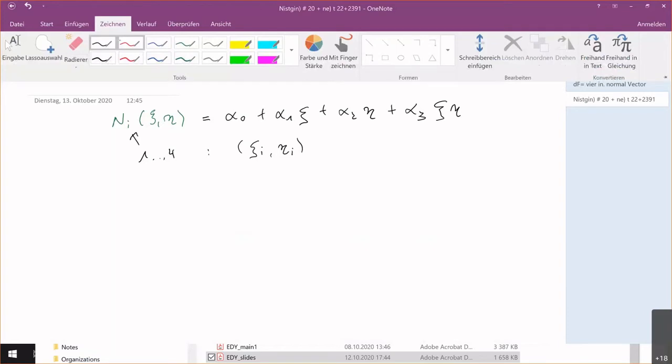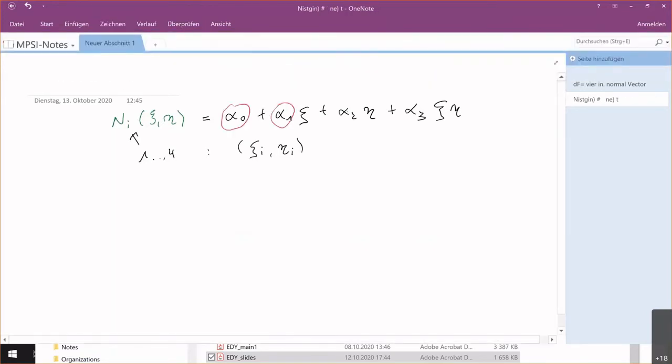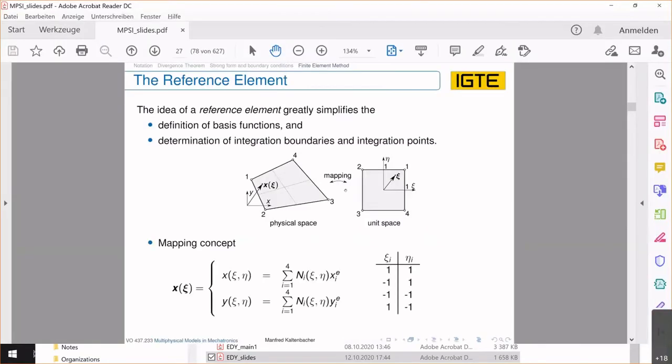So we have this alpha 0, alpha 1, alpha 2, alpha 3. But we also get 4 equations because the i is going from 1 to 4. We have the 4 nodes in our reference element, and this means by this case that we get here this mapping